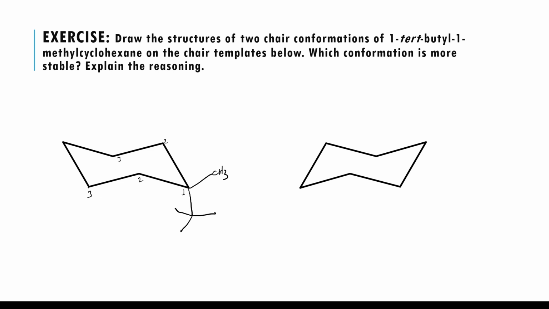So there will be an axial hydrogen on the third position on this side. And also there will be another axial hydrogen on the other side. And the tert-butyl will have an interaction with these axial hydrogens, and we call this interaction 1,3-diaxial interaction or strain,